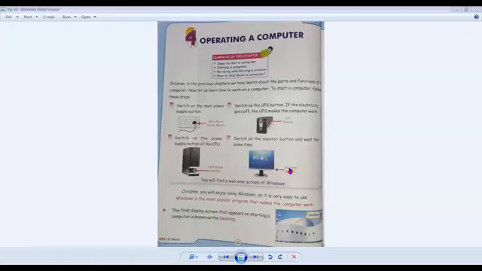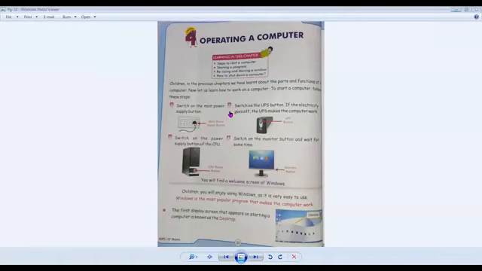Now this short video which was shown to you demonstrated how we put on a computer. To put on a computer, you all know that a computer needs electricity to work. A computer is a machine.